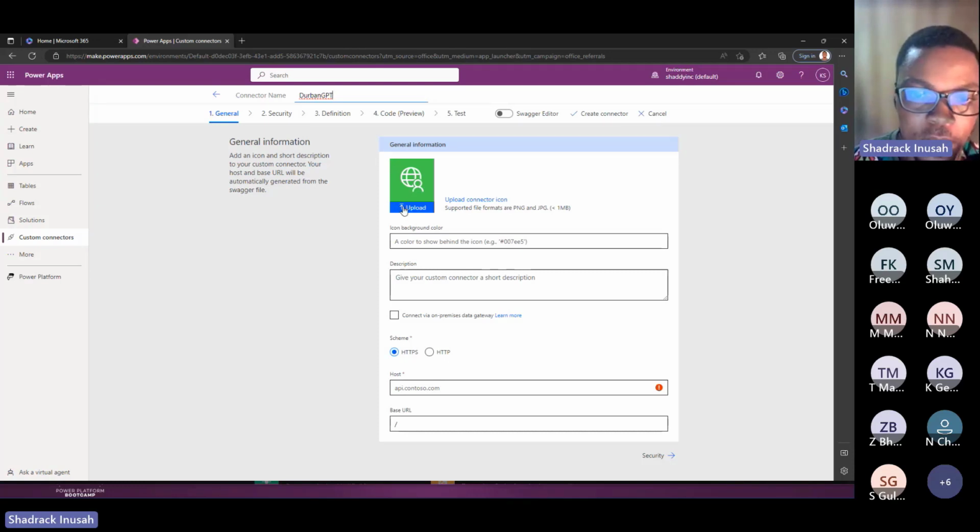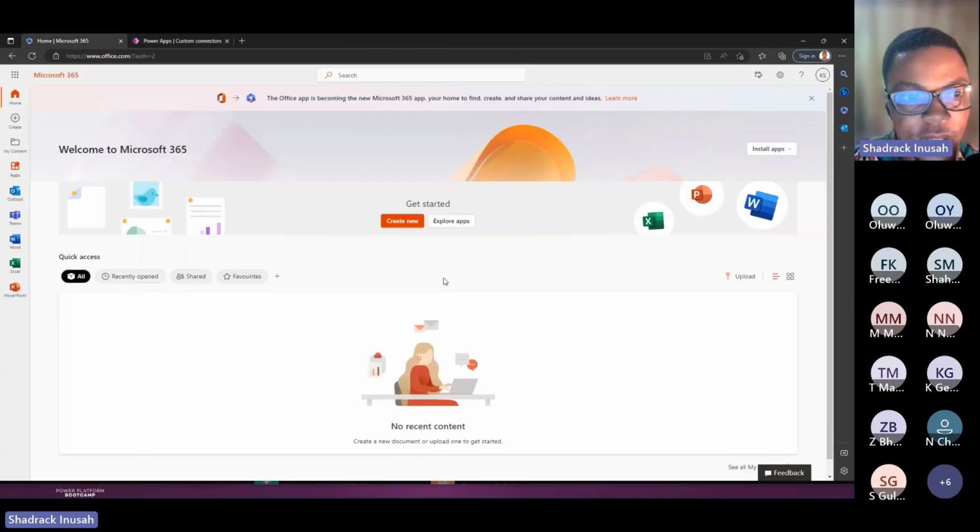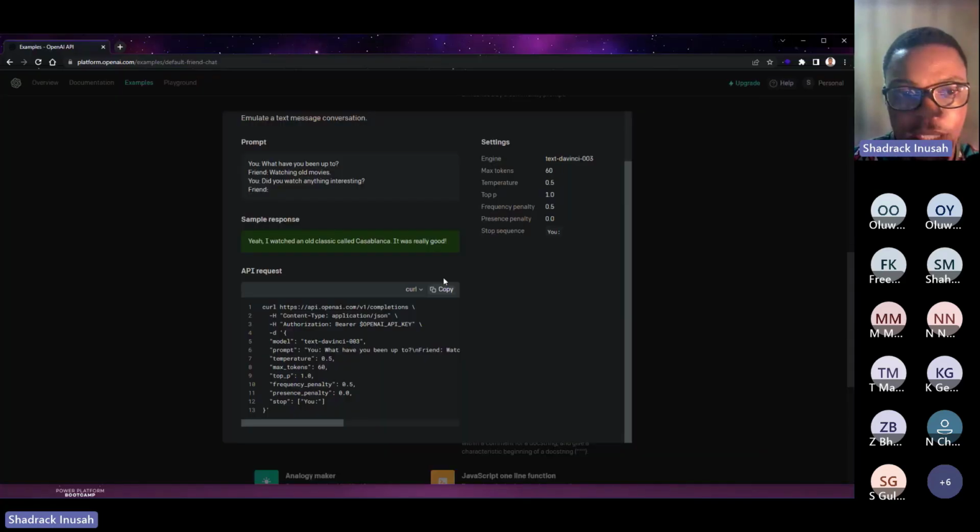You can actually upload a logo here. I forgot to download something. So you can upload a logo or an icon, anything else that you have. You can change your background color by using the color codes here. You can give it a description.